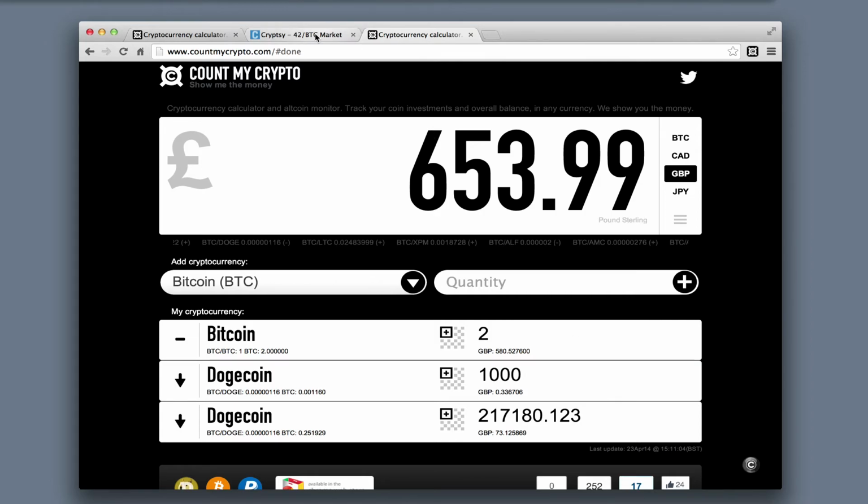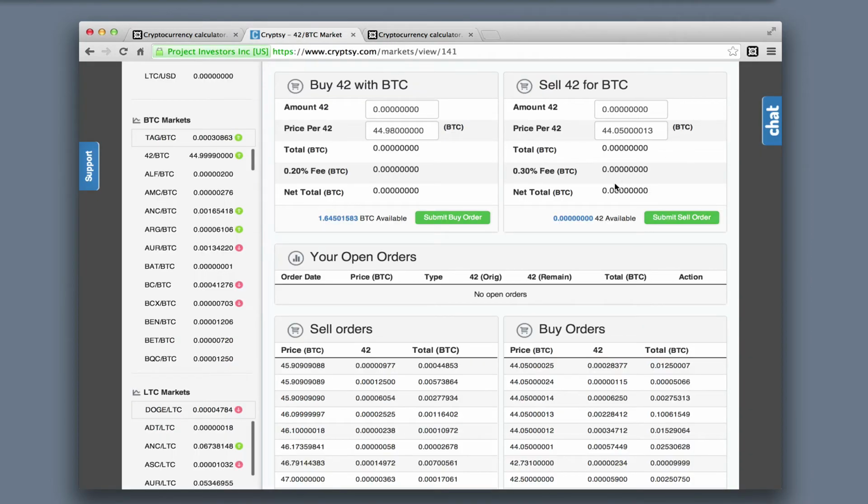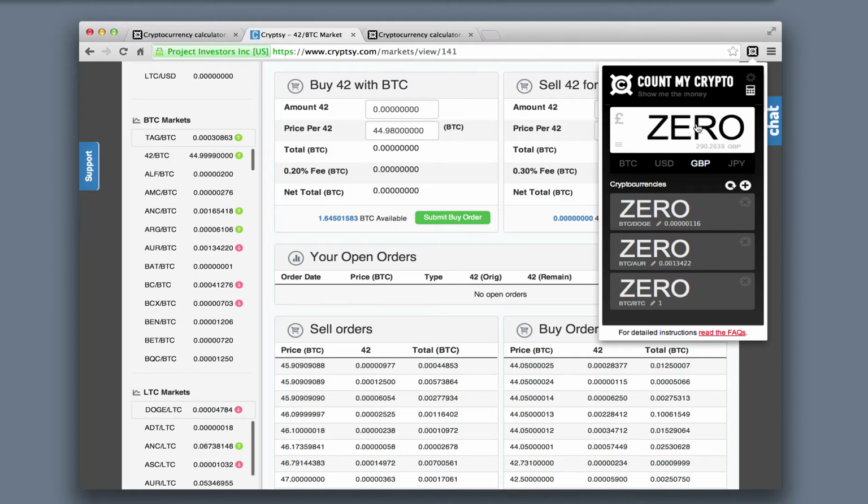So there we go, guys. This is the Count My Crypto Chrome extension, just going over how the calculator works. Any feedback, please send us a tweet. If this is your starting point,